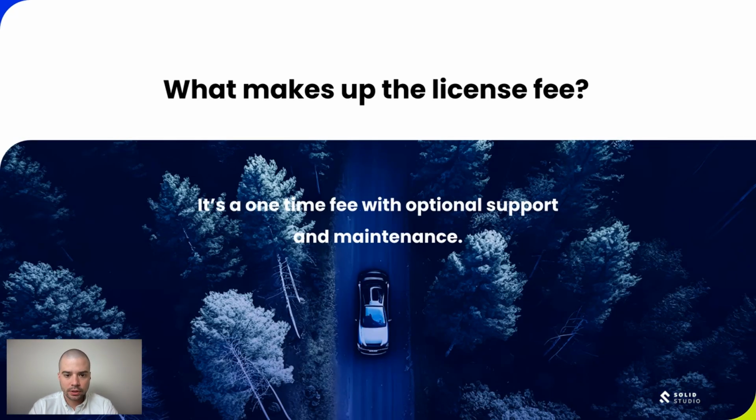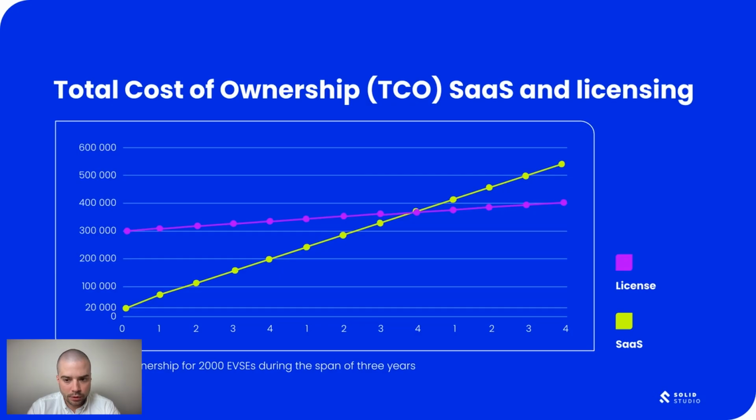To put this in a better view, let's look at the price components. As mentioned before, we sell a perpetual license to use and manipulate the source code commercially, but the only price component is the one-time license fee. We do not charge for this on a yearly basis. This is just pay once and use it forever. On top of this, Solid Studio is happy to provide support and maintenance services for the software and the infrastructure. Nevertheless, those are much lower than the standard SaaS pricing components for this part.